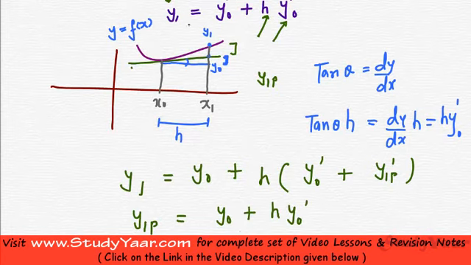So now what you do is, you first predict a value for y1 using your regular Euler's method. This is known as your predictor value, and then on the basis of that predicted value you calculate a new value for y1, which is the average of slopes at these two points, okay, and you